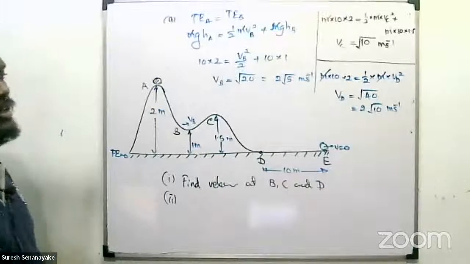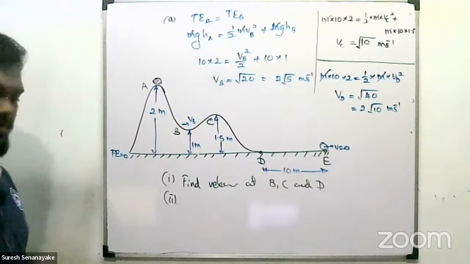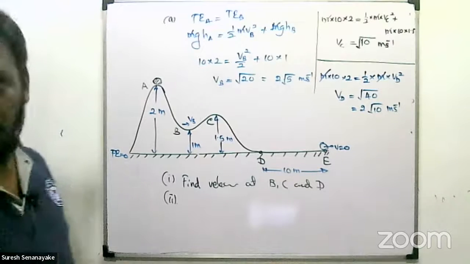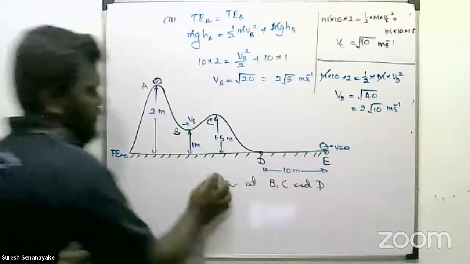That's the velocity at D. These are the velocities, so then we need to find the coefficient of friction